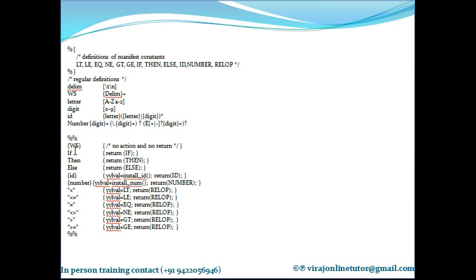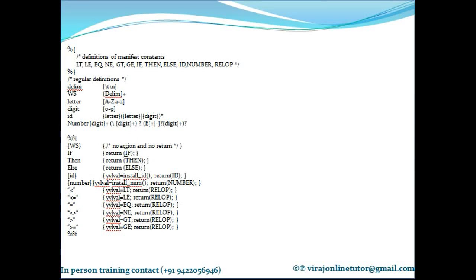So if a white space pattern is matched, no action and no return. Because in my previous session I had explained that the lexical analyzer skips your white spaces. So the lexical analyzer removes the blanks and white spaces because there is no point in identifying them as tokens. Right? So if a white space is found, then no action and no return.